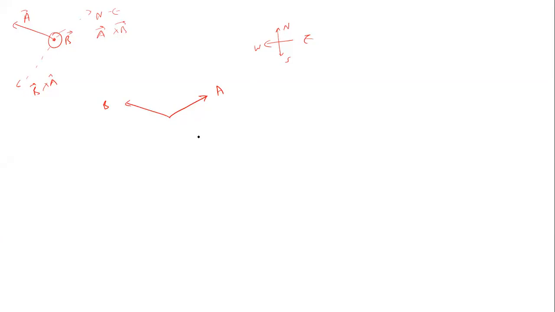A is in northeast. This is northeast. Fingers towards the B. Where is your thumb pointing? Do it in your screens. It would be K cap. Yes, understood. It would be K cap. So that is the direction of A cross B. I hope we are getting how we are getting all these vectors here.